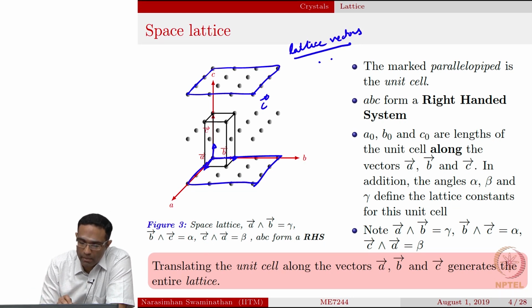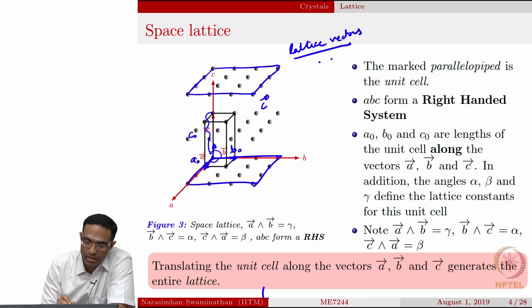And the dimensions of the unit cell, any parameter that is characterizing the unit cell shape and size, say for example, this is A naught, this value is B naught and this value is C naught, together with included angles that may be related, characterize the lattice